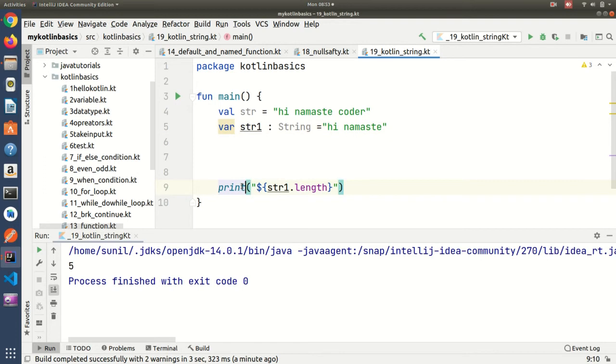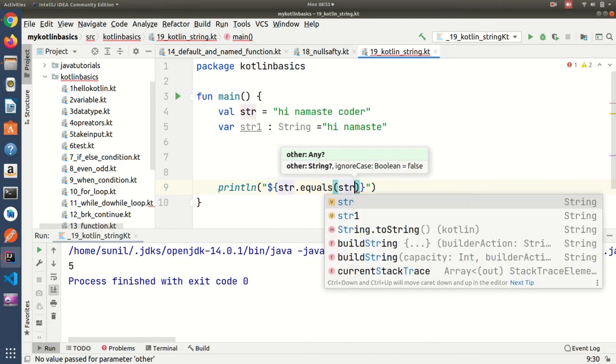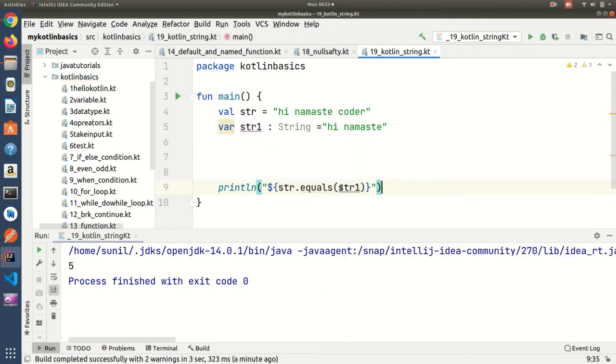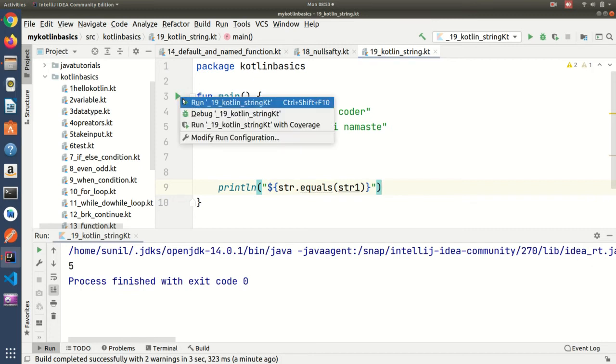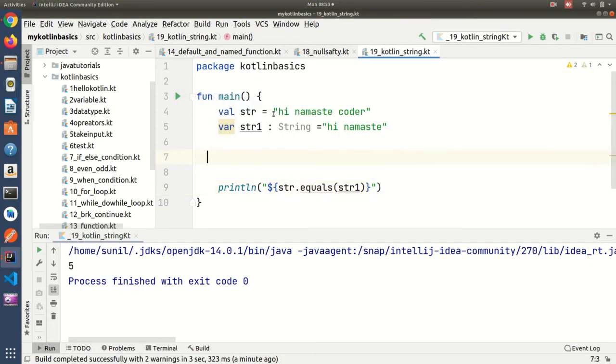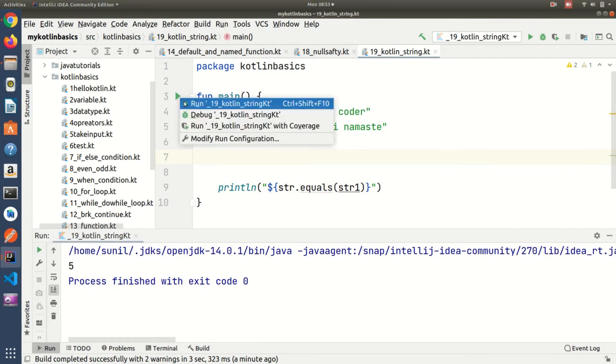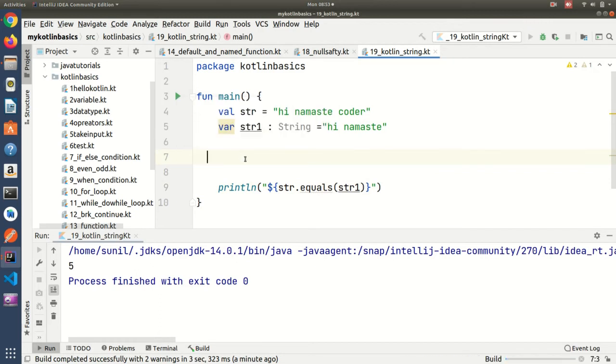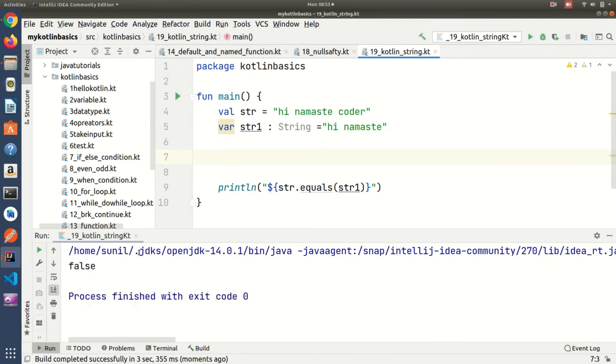Let me use println, and inside it I use the str dot equals method with str1. Like that we can use it. If both strings are the same, it will give true, else it will be false. It got false. Suppose I remove this and the space also. Now I am going to check.